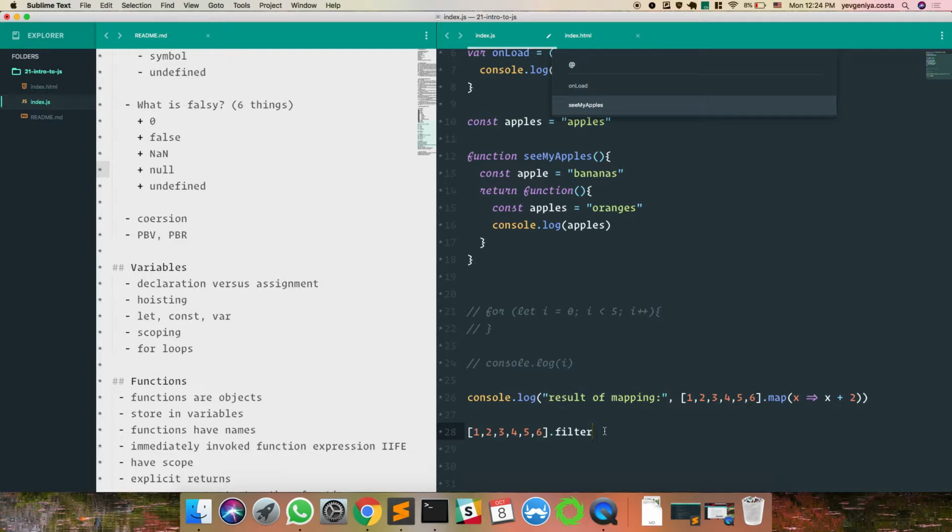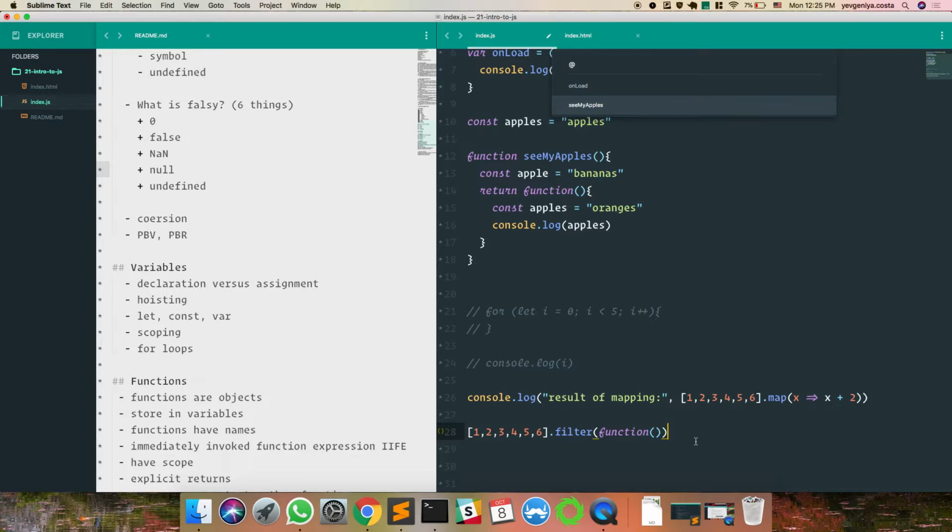It's similar to Ruby, kind of. So what does .filter or .map take as an argument? It takes a function. And in that function, you tell it what to do, what to check for.